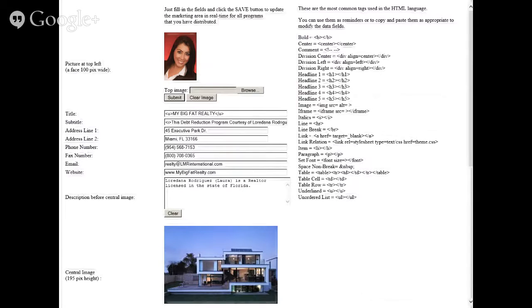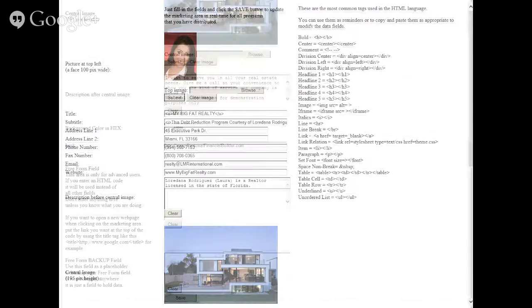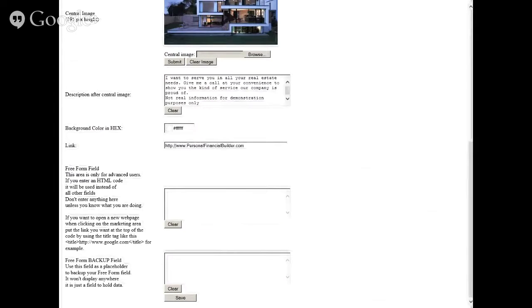And potentially I can change that screenshot and make it different, make it say something different in seconds. This is the upper part, and this is the down part of that one. And what happened is this. As you can see here at the bottom, there is a free-form field. With that free-form field, you can put any HTML page of this size, 600 by 600, which is the size of this marketing area, and pretty much show